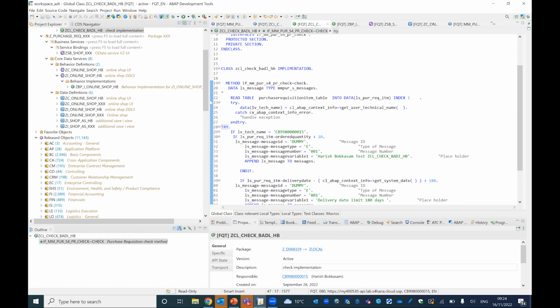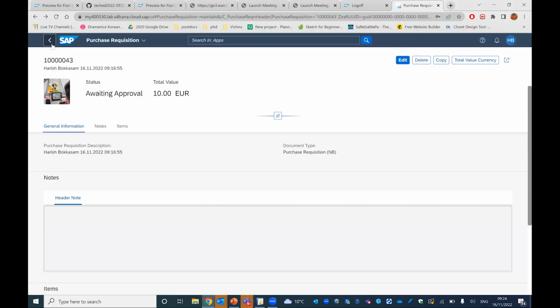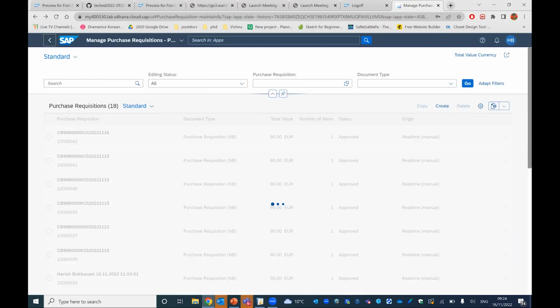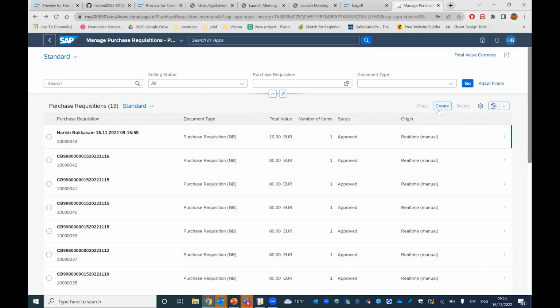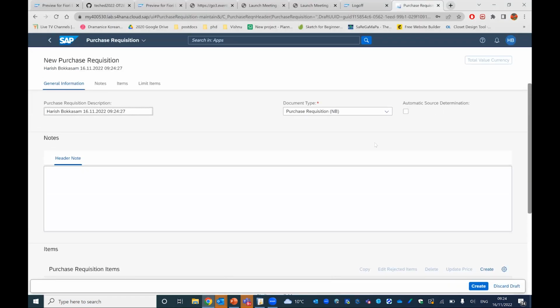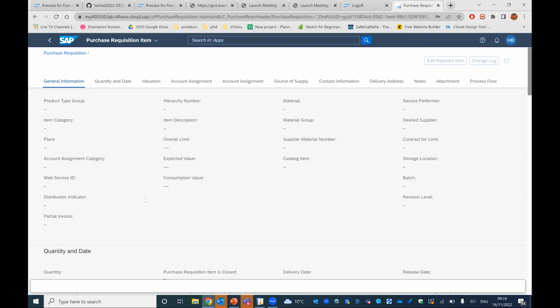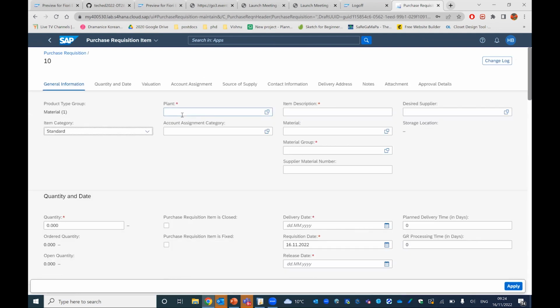Now we can do a small thing. We can go to the UI again. Our code is active. This class is activated. Now we create a new purchase requisition again. Again, the same steps. New material, plant,